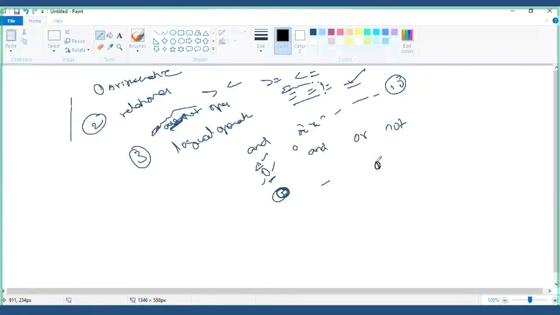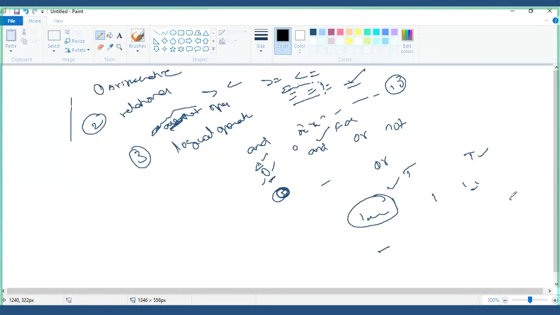Then there is or, which tries to find whether any of the conditions are true or not. True means, if any of the first or second or third or fourth, if we find some text or some number or some content other than zero and empty string in the first condition, then we will display that. So here the and operator looks for false, and here we look for at least one among those being true or not. Okay, so this is about the and or operator.